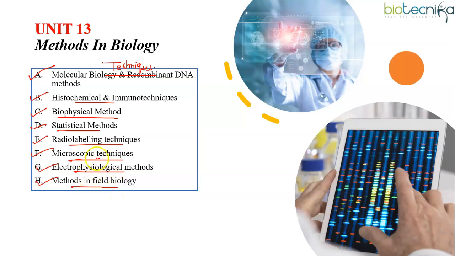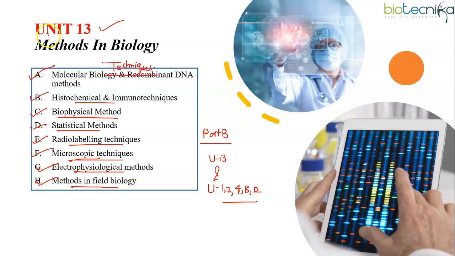So direct questions can be asked based on principle and application of the technique, specifically in part B. However, in part C, direct questions or combination based questions can be asked. So questions can be framed by combining topics from unit 13 and unit 1 or 2 or 4 or 8 or 12. And around 12 to 14 questions in total from part B and C are asked from this unit. So there is too much to cover in this unit 13 of CSIR NET Life Science syllabus. So I'll suggest that you start preparing this unit early.